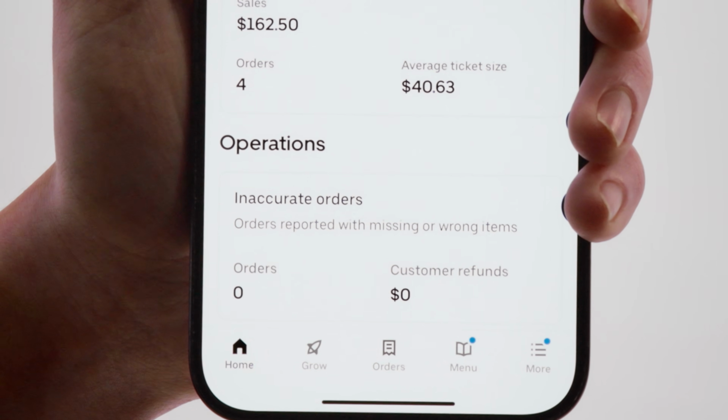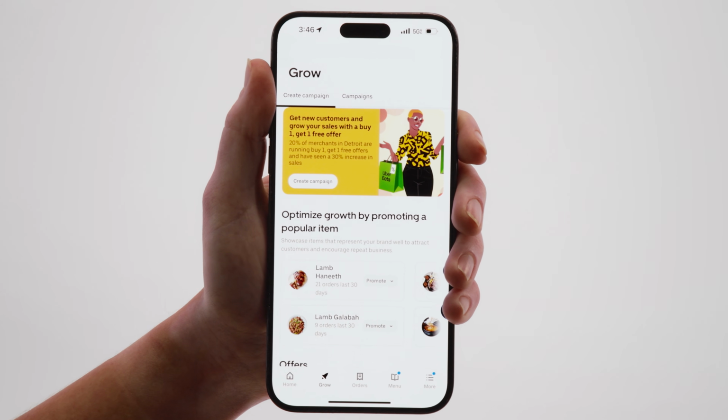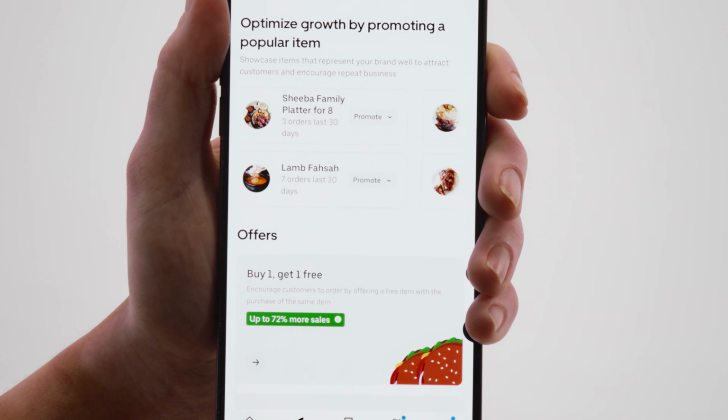Another one of my favorite aspects about our app is marketing campaigns. If you click on the Uber Eats logo, you'll notice that there are certain menu items from your restaurant that are actually listed there, as well as the frequency customers are ordering them. This gives you a better idea as to what kind of marketing campaigns would actually perform the best on the